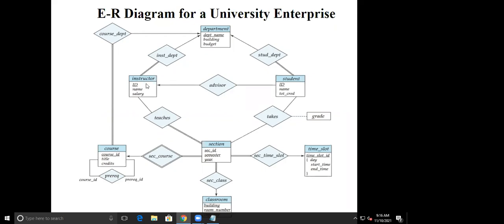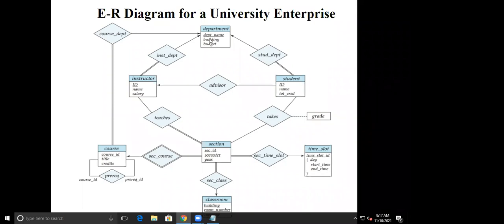Then every instructor is associated with at most one department, so the association between instructor and department is many to one, and instructor participation is total. Total means that an instructor belongs to only one department, but there can be a department where there are no instructors.